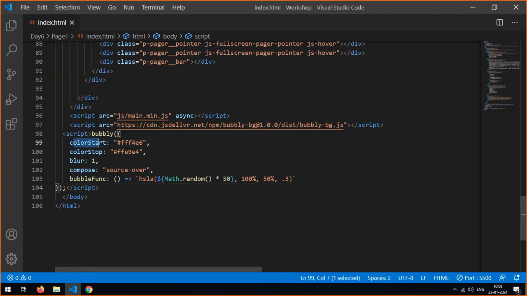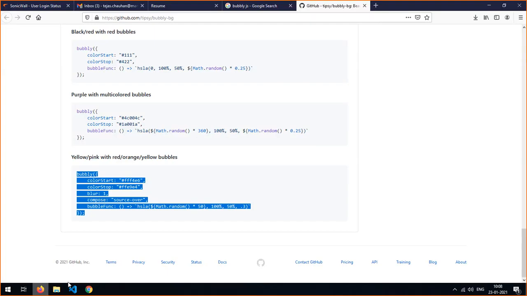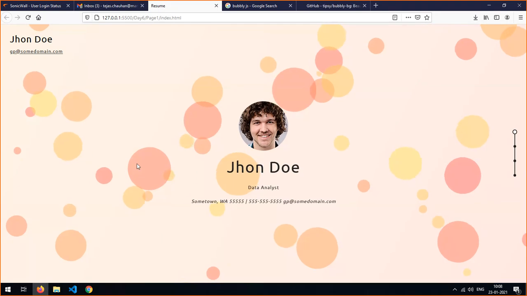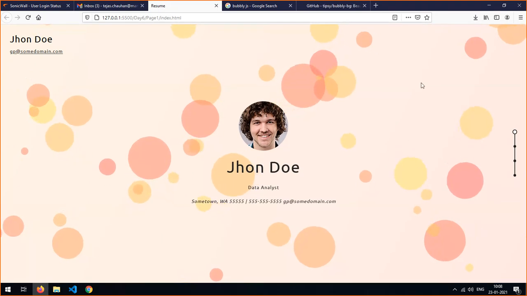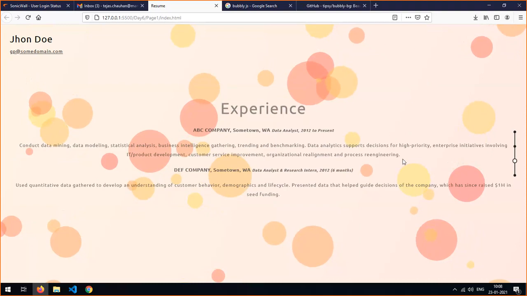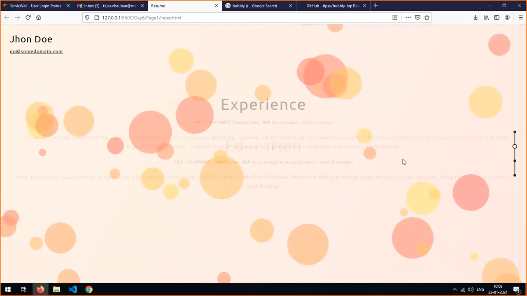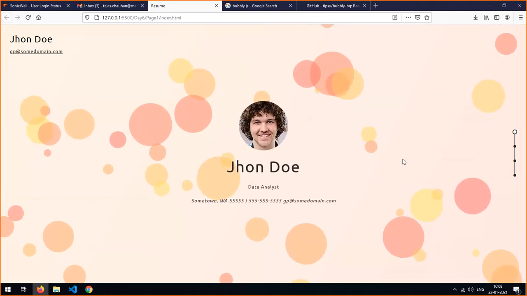It sets the starting color, stopping color, then blur level to 1. It composes source over, and it generates the bubble function, with different colors here. So let us see the result now. Well, this is the result. Starting and ending color, and then we have a bubble function which creates a few different colors of bubbles,